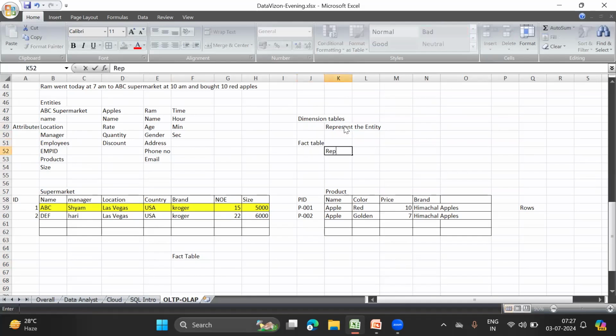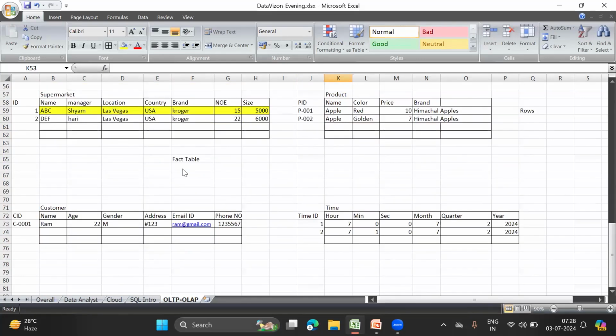These fact tables represent a transaction. Okay. For example, let's talk about this. Now, if we go ahead, we are going to need a fact table so that we can join the different dimension tables together. So let's, for example, take a fact table.